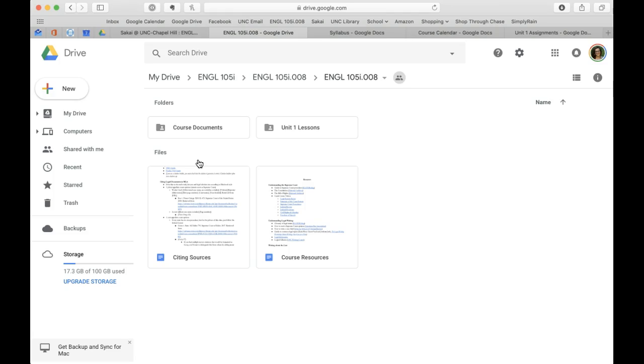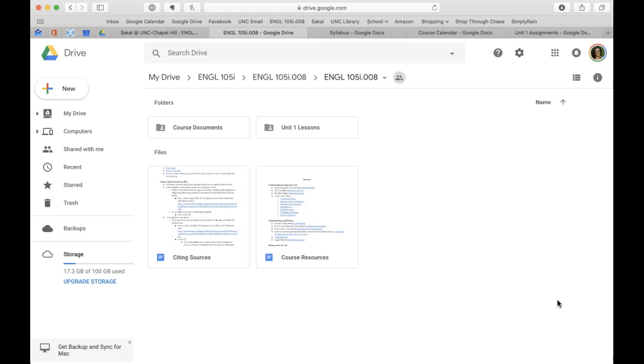I'm going to have all of you, as part of your homework, either create a Gmail account if you don't have one or set your UNC email to work with Google Docs. I don't really know how you do that, but a lot of students have done that in the past. And I figure y'all are more tech savvy than I am, so you can figure it out. But you're going to need to be able to access Google Docs. And once the class gets going, I'm going to set this so that only people who are in the class can see this folder. Okay.